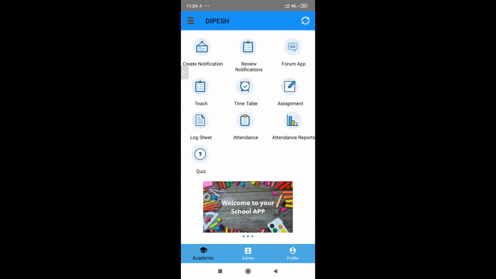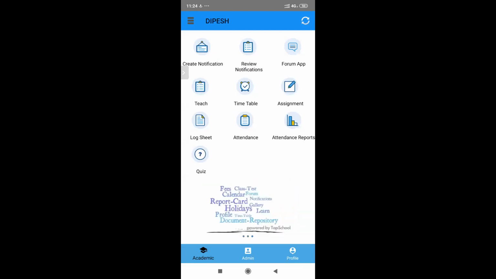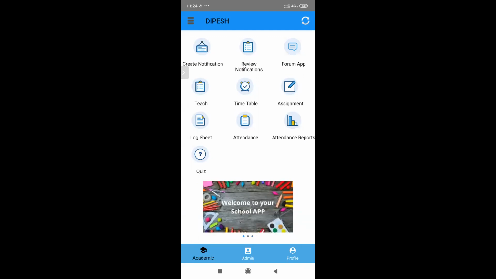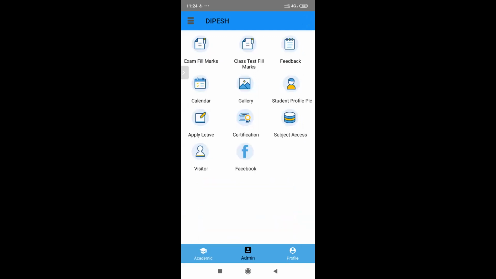I'm not asking about sharing. I'm asking, if documents are shared to the staff, can they see them on the Teacher App like this? No, sir, this option is not there. So if you want, we can add this as a feature. Okay, I think this is all about that.